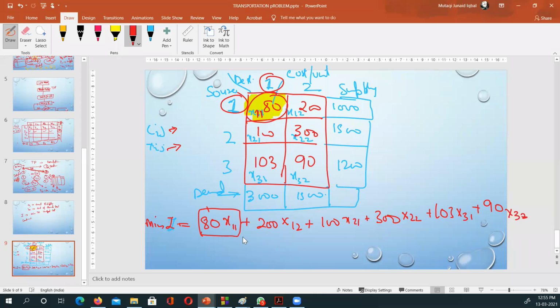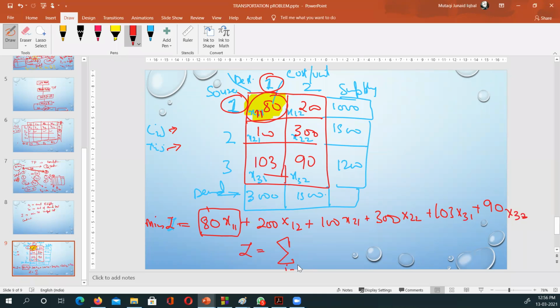And our objective function will be the sum of all of these. What will it be, of all of these? Sum. Does it make sense? So if I write a general mathematical formula for that, how will we write it? How will we write Z? So help me. If I write Z equals to summation